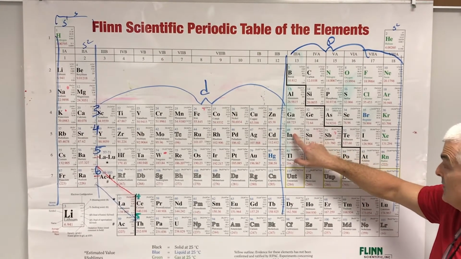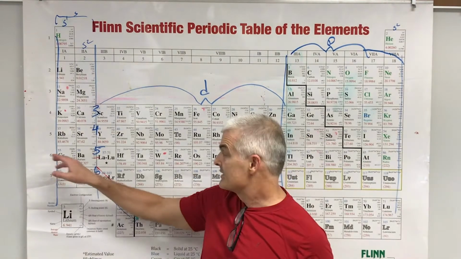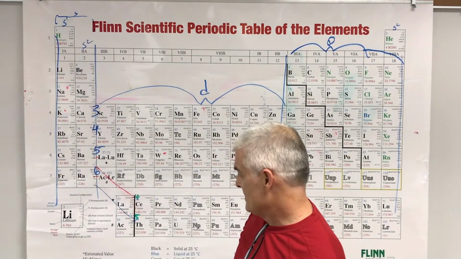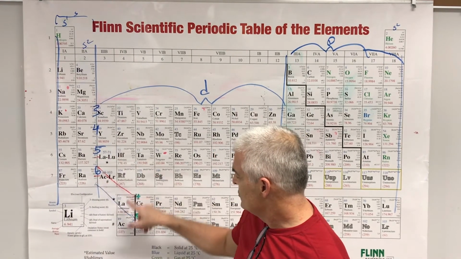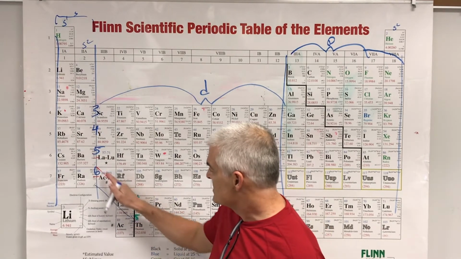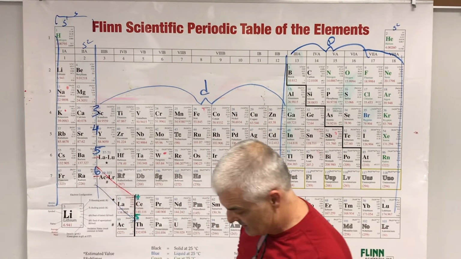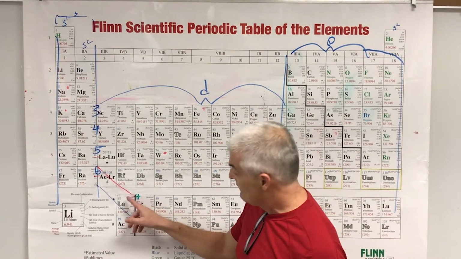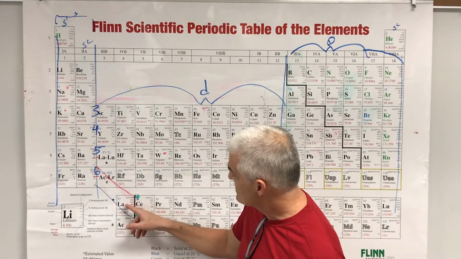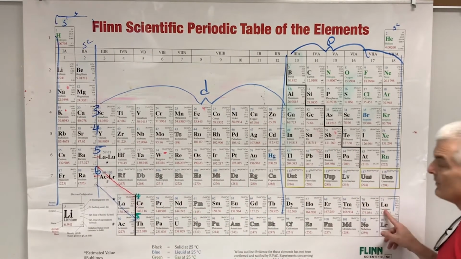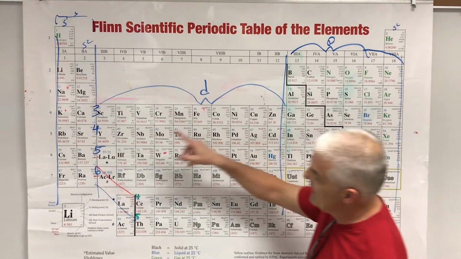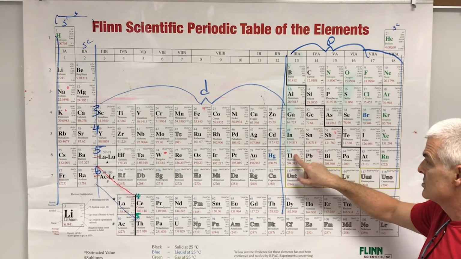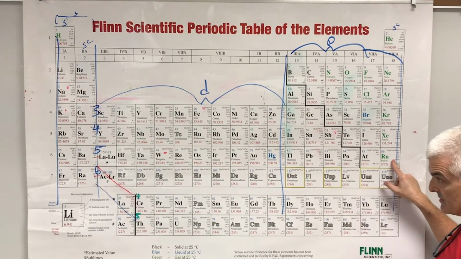Now it's back to 5p1 and 5p6. Then we get to the 6th row, 6s1, 6s2. And here's something interesting. It says La to Lu, and so you go La to Lu, this is now the f block, and we jump down here, and there are 14 of these, so this is actually 4f. Lanthanum is 4f1, 4f2, through 4f14, then we jump back to 5d, 5d1 through 10, then we go back to the 6p1 through 6,